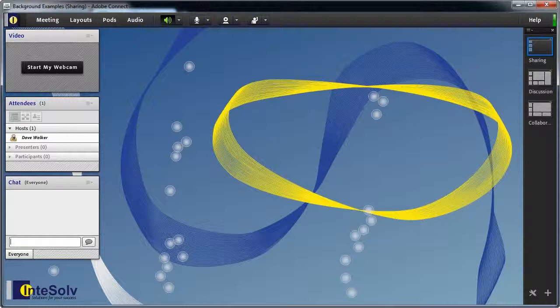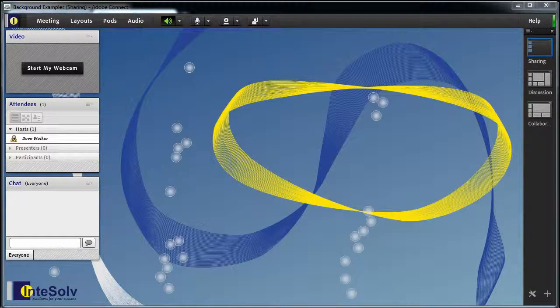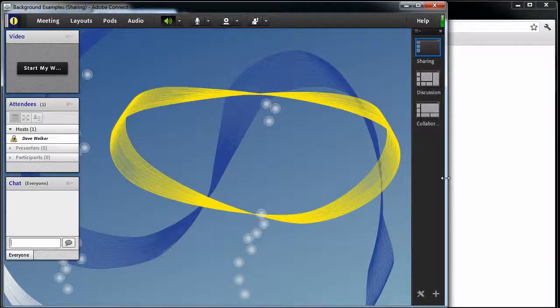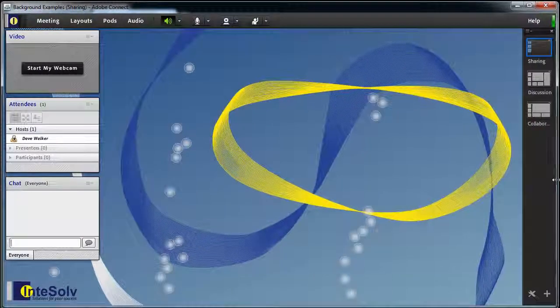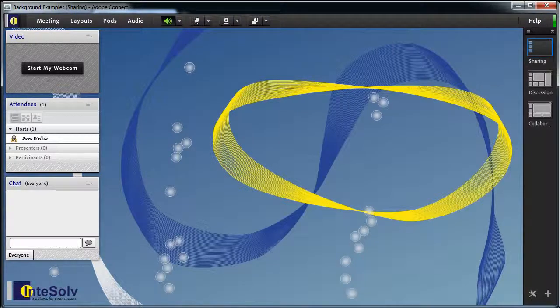One thing you want to keep in mind is that if you create your room background with a logo in one of the corners like I did here, you can change the anchor point of the background. Why would you want to do that? Well, watch what happens when I scale the room. See that? The logo doesn't stay in the corner. What we want is for that logo to stay in place no matter what size we scale the meeting room to. So we go to Meeting, Preferences,